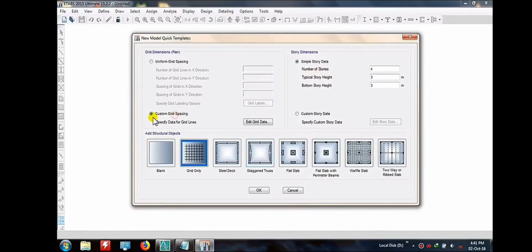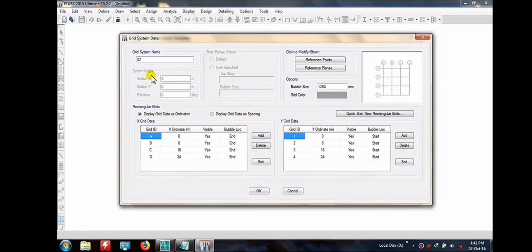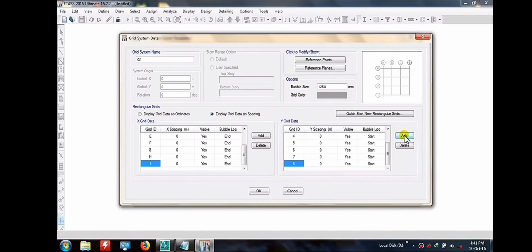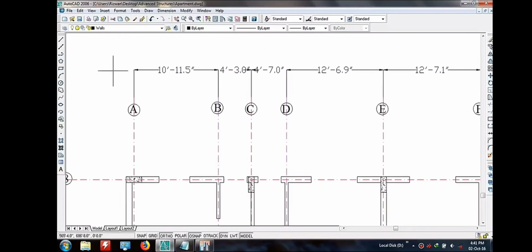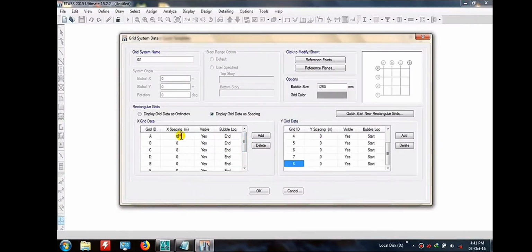So what you have to do is define your grid system. Go for defining the grid system. Here I am going to add some more grids. I wanted more grids here, so I added grids in both the X and Y directions. Now we are going to see the values, and these values we are going to place here.